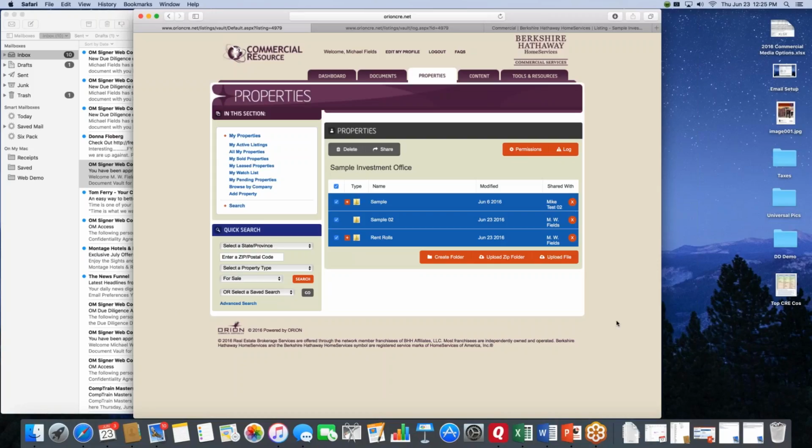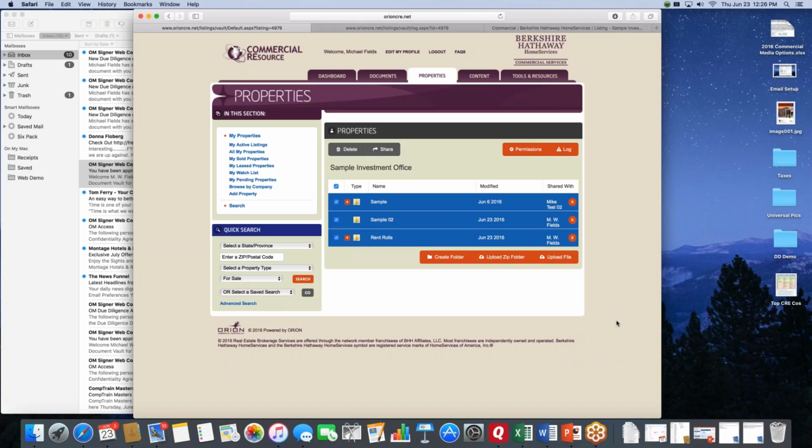But your company can give access to commercial resource to anybody that it chooses. Any licensed or unlicensed person can have access to commercial resource in their own name. So whether you're a sales professional as part of a 2, 3, 4, 5 person team working on an asset, as long as you're the